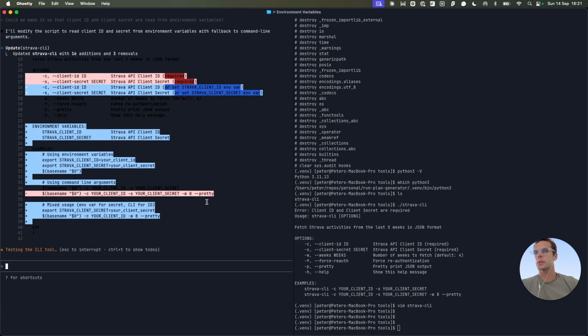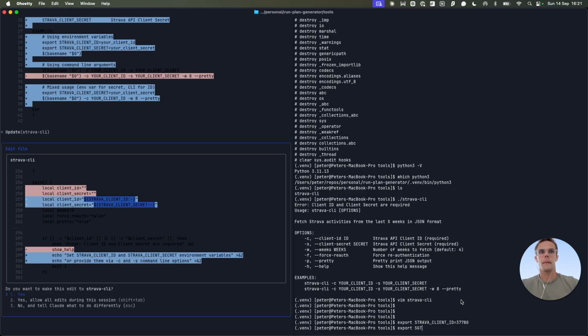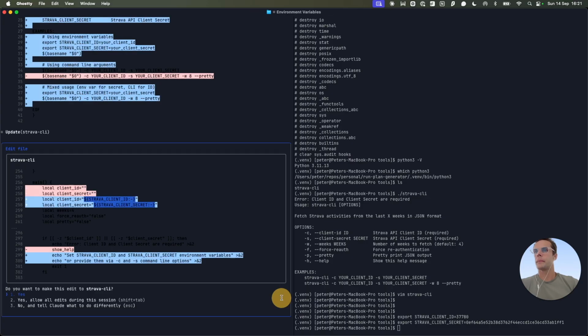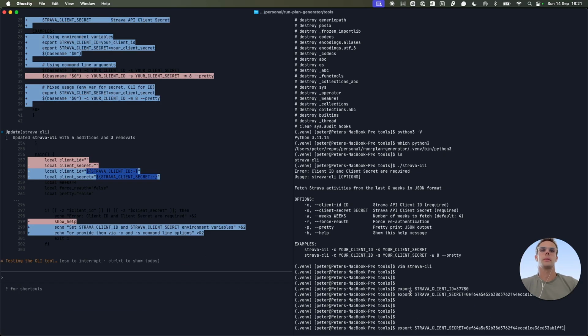Yeah, so it gives me the option to set them as environment variables. So for now, I'll just write them out. These are from my API application in Strava. Client secret. Okay. Once updated that, so